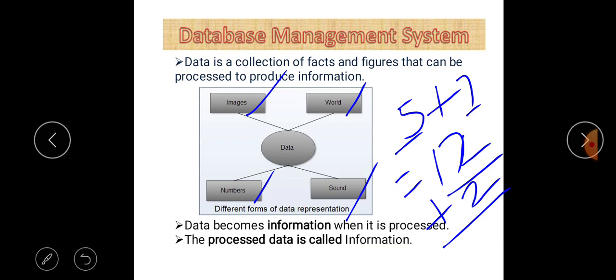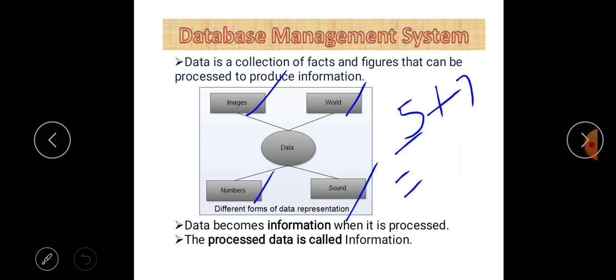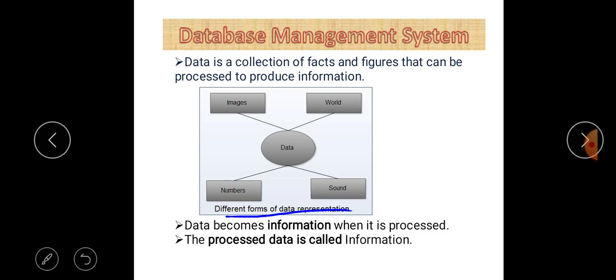So 14 is information, and 12 is basically data. The raw facts, figures and statistics are called the data, and the information is nothing but the processed data. These are the different forms of data representation. You can easily see here: word, image, numbers and sound.